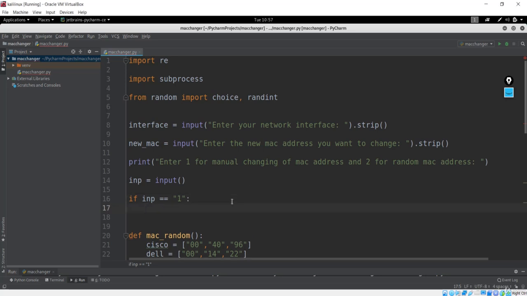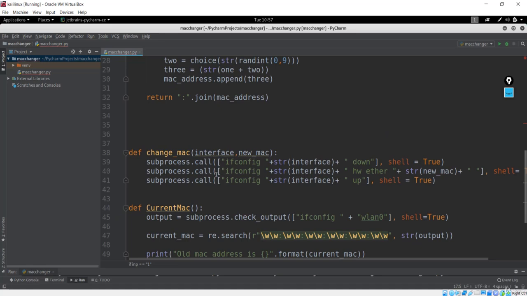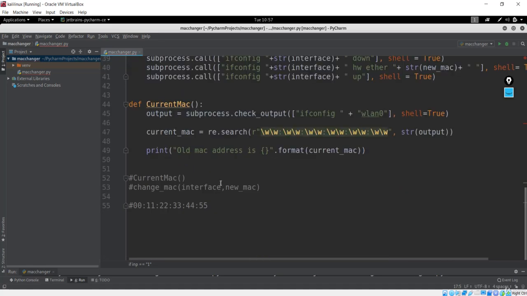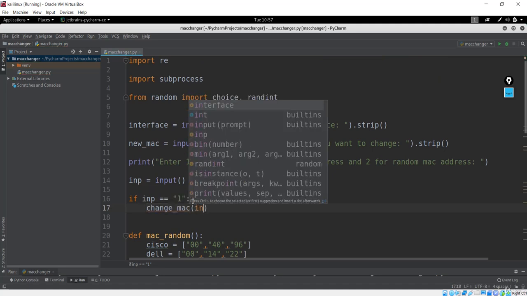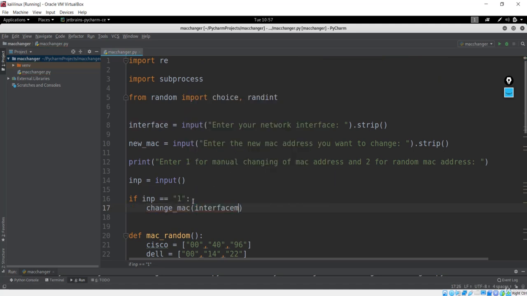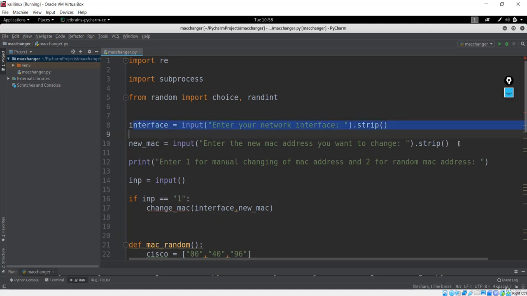So that means we have to now call this change MAC with this interface and the new MAC. So I'll just say change MAC for me with this interface, and basically we have to pass the new MAC.